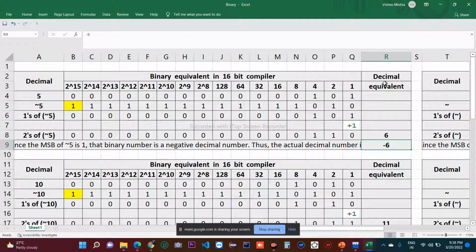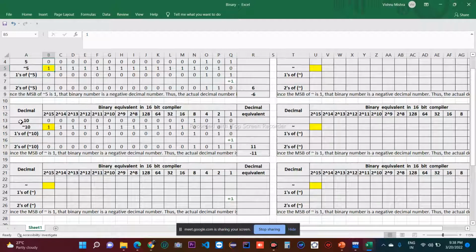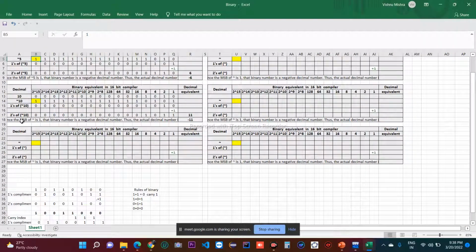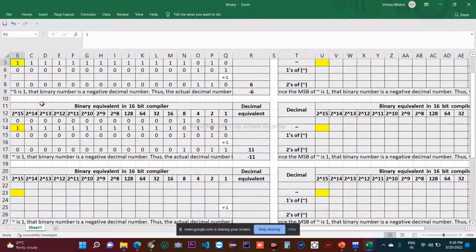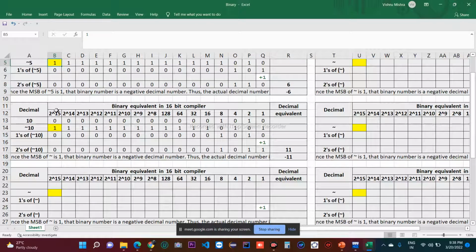तो हमारा एक्चुअल में आउटपुट क्या आएगा, एक्चुअल में आउटपुट आएगा -6। क्यों? क्योंकि एमएसबी हमारी 1 थी, एमएसबी वॉज 1। ठीक है, since the MSB of not 5 is 1, the binary number is a negative decimal number, thus the actual output is -6।